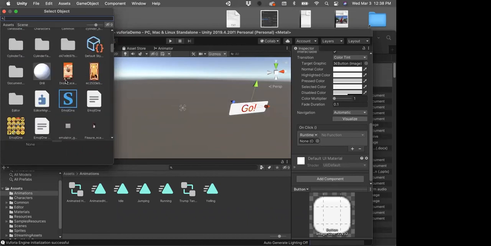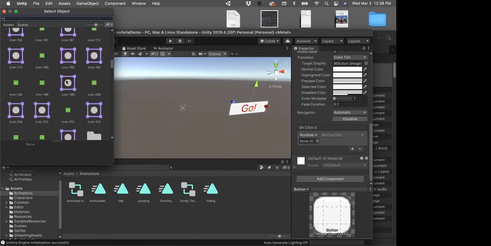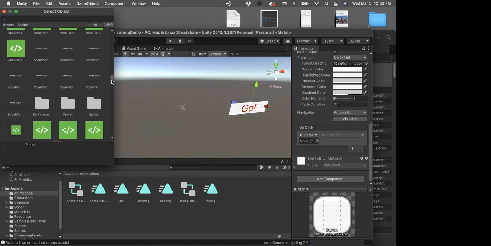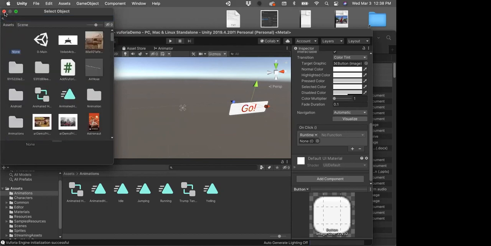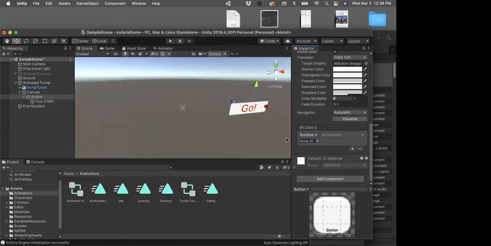Everything that's in my assets is going to become available here, and I can dig around, but I know what I want it to do. I want it to take this Trump T pose, and work with the animation controller that it has attached to it. So I'm going to drag